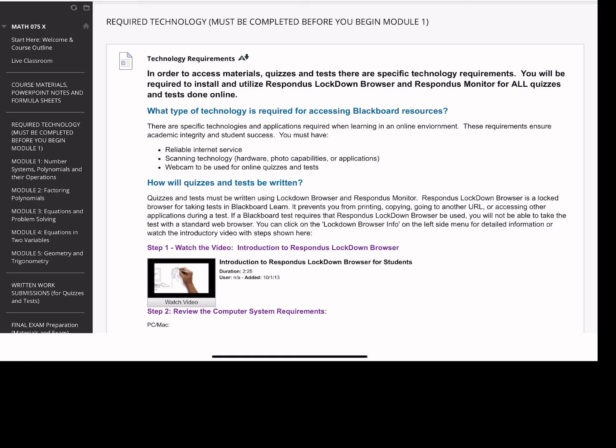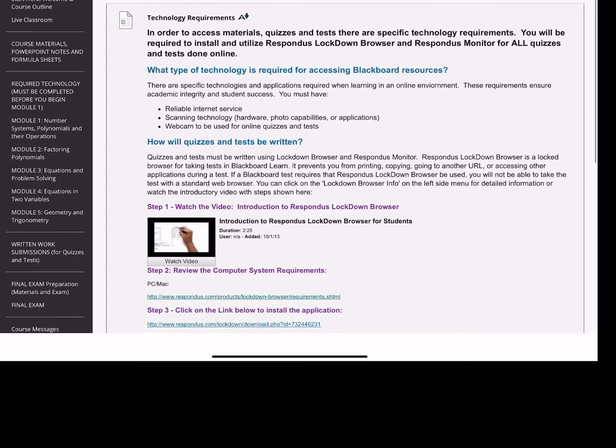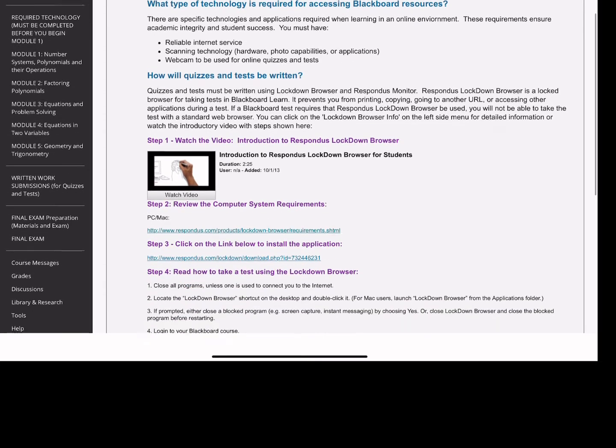So there are some requirements that are described in detail on this page. You will be using something called Respondus Lockdown Browser and Monitor. That means you will be locked out of other applications on your device or computer, and you will also be monitored via camera when you write your quizzes or tests for this course. There are certain system requirements that are reviewed in this section,